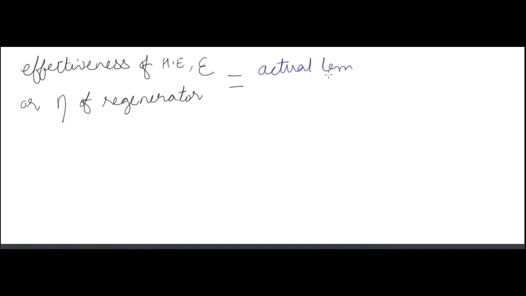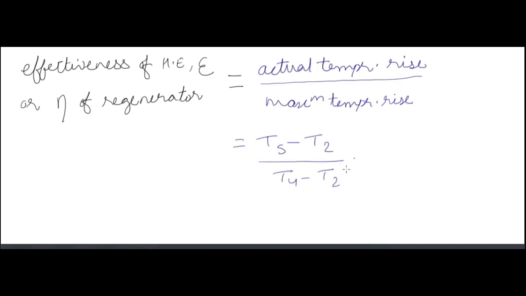Now the effectiveness of the heat exchanger, or epsilon. Effectiveness is denoted by epsilon. So the effectiveness of the heat exchanger, or efficiency of the regenerator. If it has been asked what is the efficiency of the regenerator, you can also find it using this formula: the actual temperature rise by the maximum temperature rise. Now, T5 minus T2 by T4 minus T2,